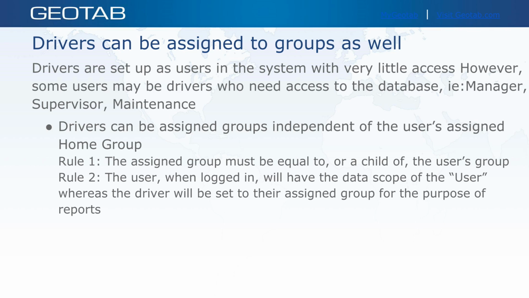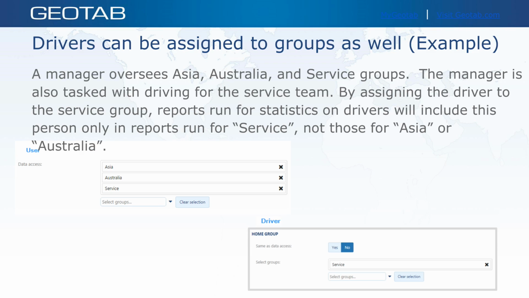I think we have a little bit of an example here because it may not be as clear. It's a little bit difficult to explain this one. So here's a good example. A manager oversees Asia, Australia, and the service groups. The manager is also tasked with driving for the service team. So not only is he a user, but he's also a driver. When you assign the driver to the service group under his home group on the driver tab, as you